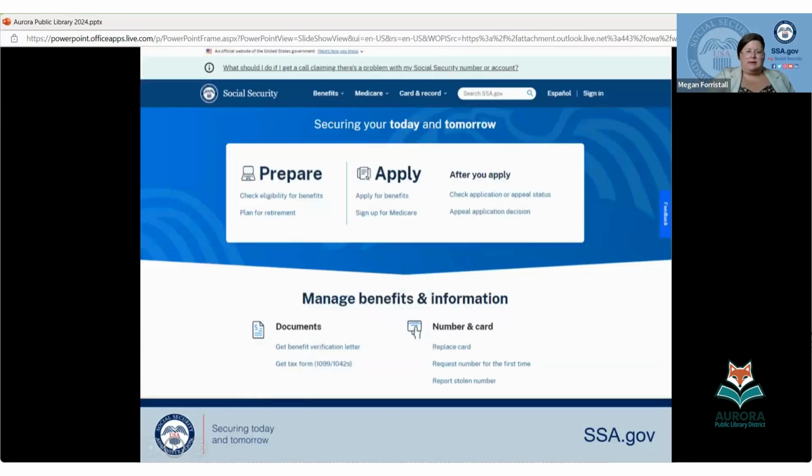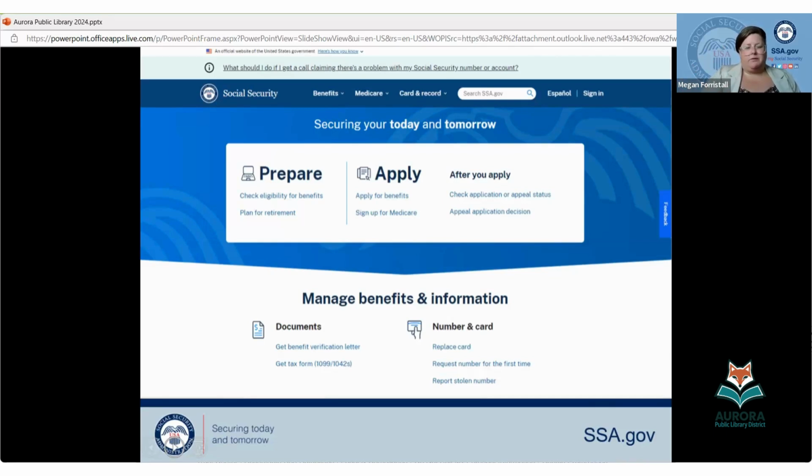And this is SSA.gov's homepage. So you should see this. If you don't see this, you went to the wrong site. SSA.gov, this is the homepage. I heard someone talking about how you need to update your My Social Security accounts. That banner for a while has been at the top of the page, but what will be at the very, very top is whatever the hot topic of the moment is. Otherwise, the rest of this page looks the same, and it's worth exploring.